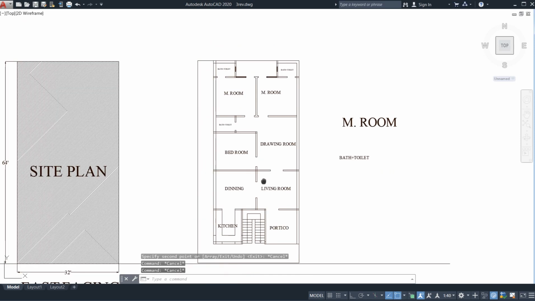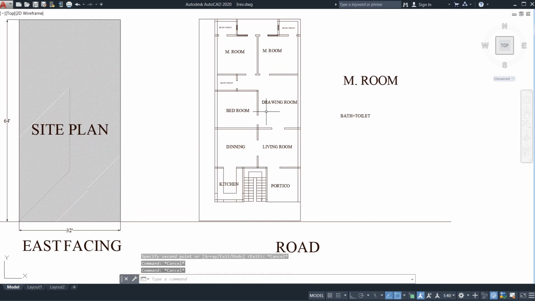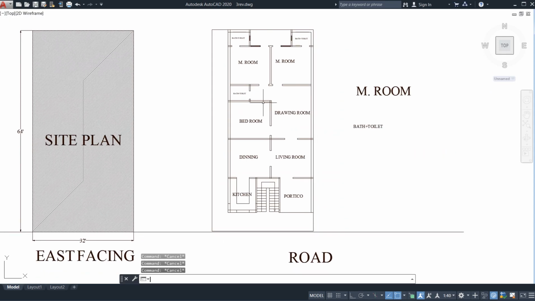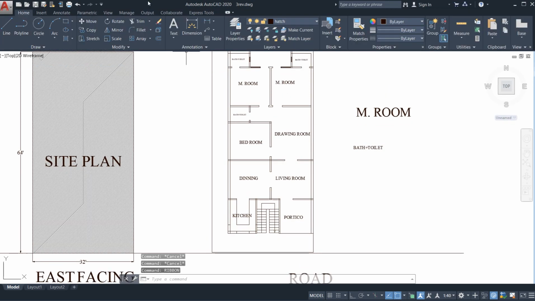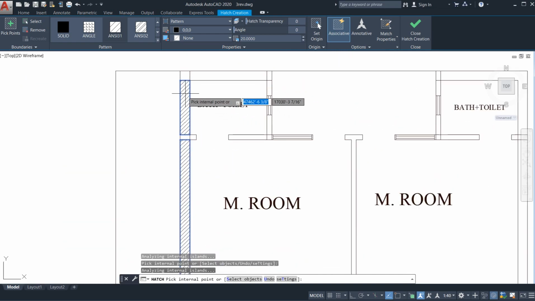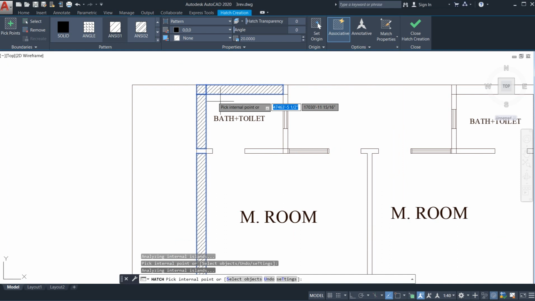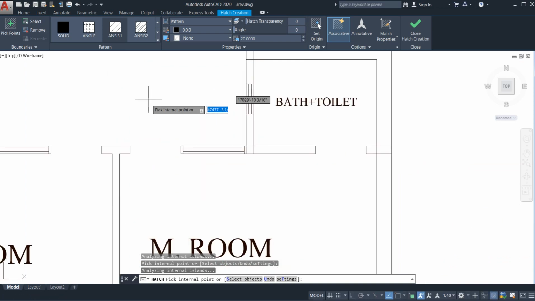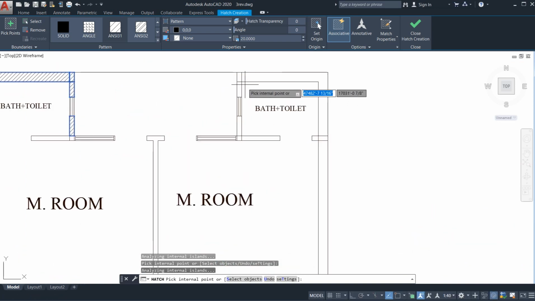Now here my work has almost been done, but little more, little bit here some texturing, means texturing in the sense hatching is required, right? So just go for your ribbon, RIBBON ribbon, click it. Here your ribbon bar has appeared. Just go for the hatch. After going to the hatch, what you need to do, just clicking of this, every it looks a little bit more clear. So you can see I haven't mentioned anywhere dimensions. So I can do these dimensions also. Here your lawn, this portion is your backyard, back lawn.